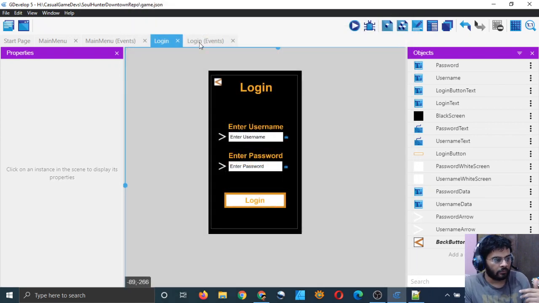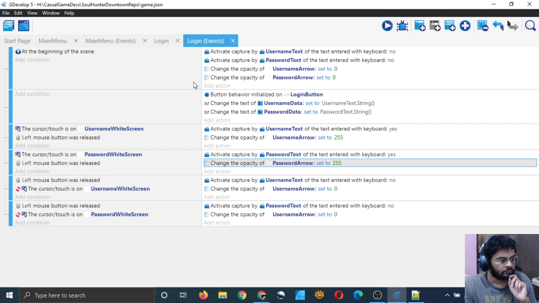It's not showing me the other one. Username arrow, password arrow. It should work. I don't know why it's not working, but let's see.